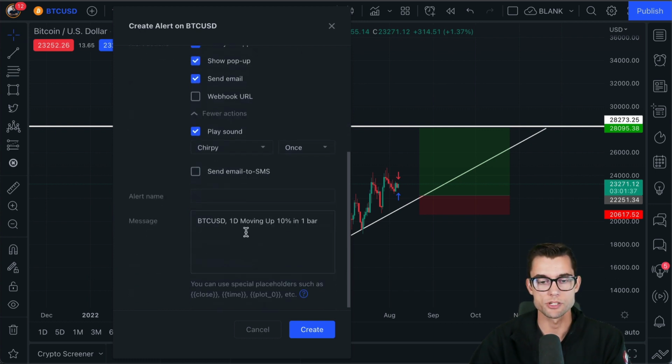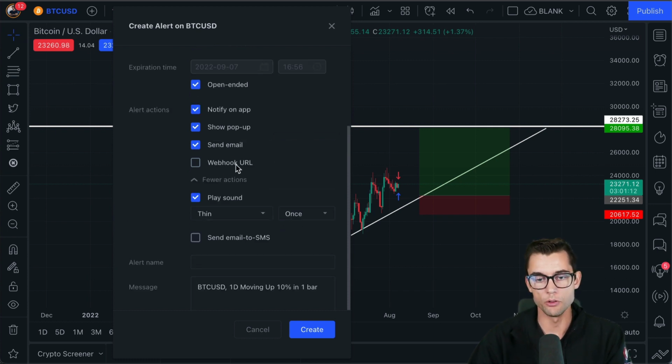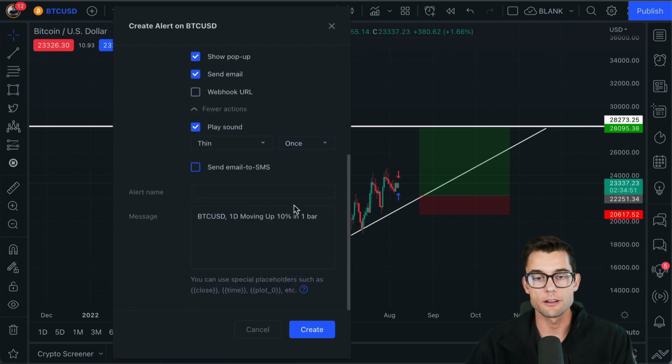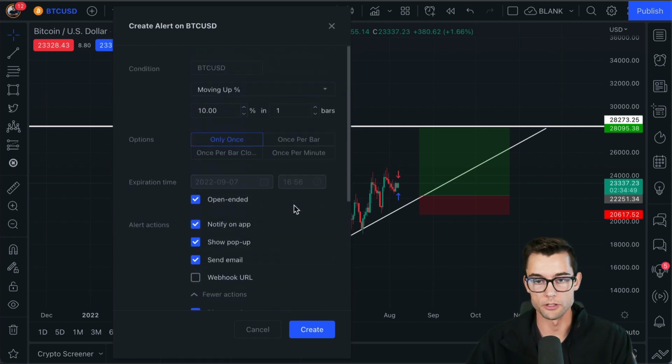Additionally, under more actions, you could choose to have different sounds and you could choose how long they actually play for, once, 5 seconds, 30 seconds, a minute, etc. And through the email webhook URL, or send email to SMS, you could also set this up so that you get notified on your cell phone through a text message. And so there are a lot of things that you could do with alerts. And the alerts are, in my opinion, the most biggest and crucial and important part of Tradingview, or at least